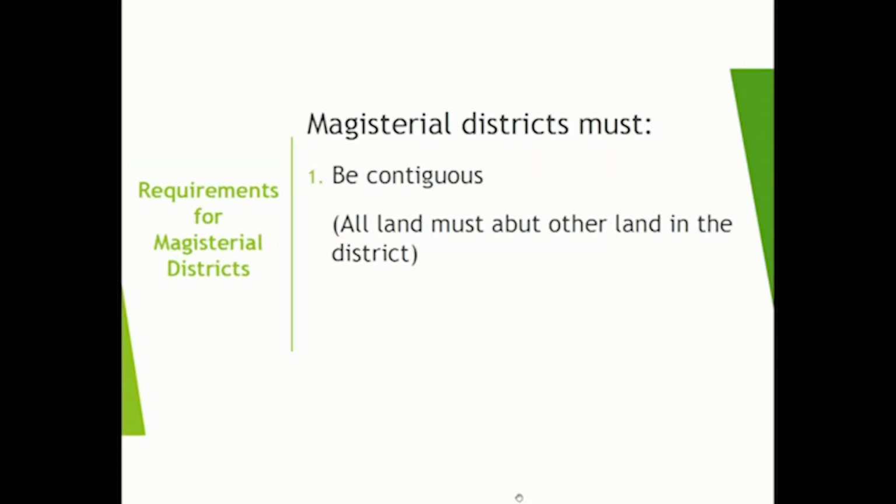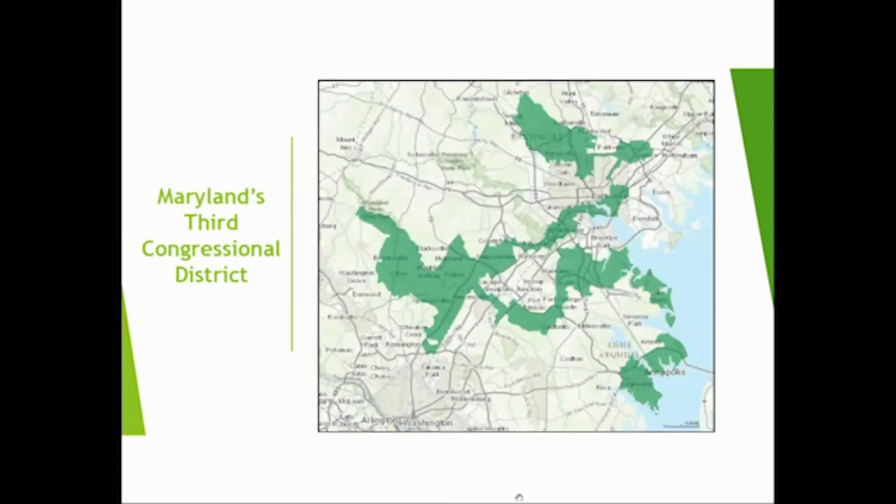From a district standpoint, there are rules on how you redistrict. One is that all the property within a district has to be contiguous, has to touch each other. Go to the next slide, just as a nearby state example. This is Maryland's 3rd congressional district. It looks like a snake. It does. Oddly enough, it actually is contiguous. There are tiny little pathways that connect all the various sections of that district.